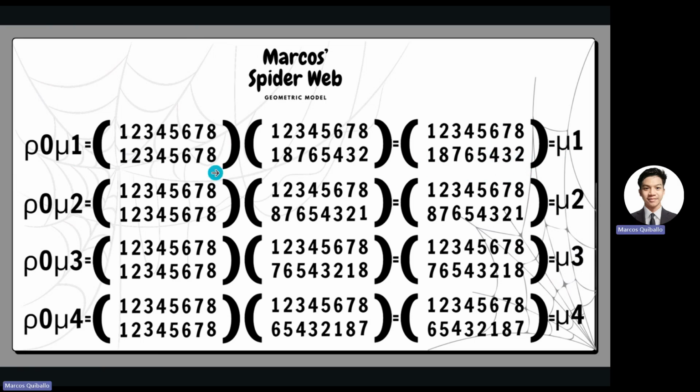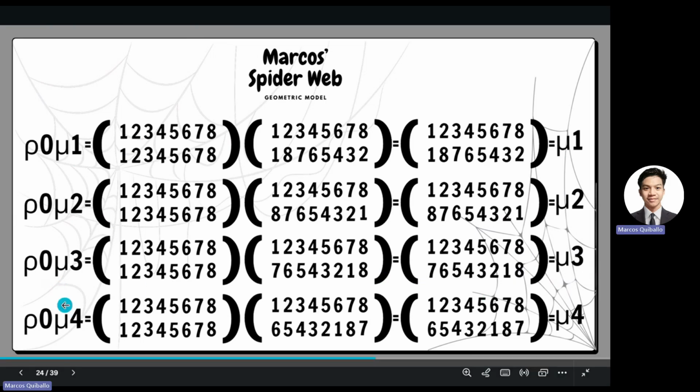So it is also equal to what we have done earlier. Since our identity is row 0, when we multiply variables like mu2, it is equal to itself. So mu2, and row 0 times row 3 is equal to row 3, mu3, and row 0 multiplied by mu4 is equal to mu4.